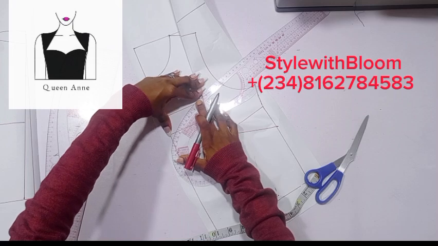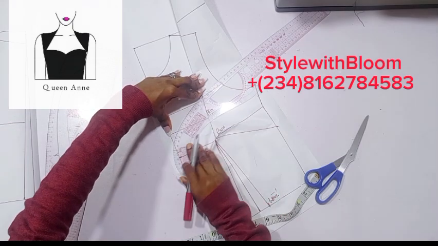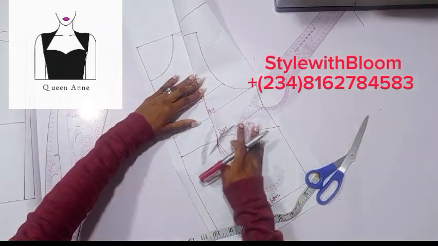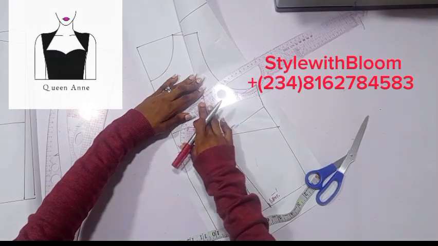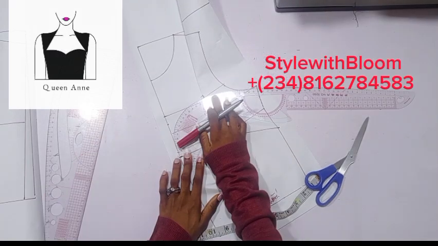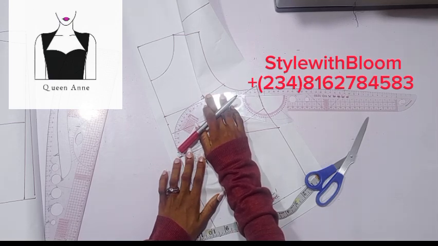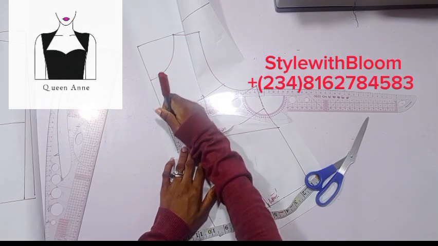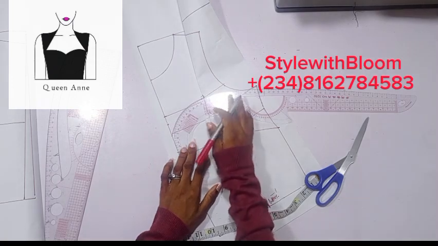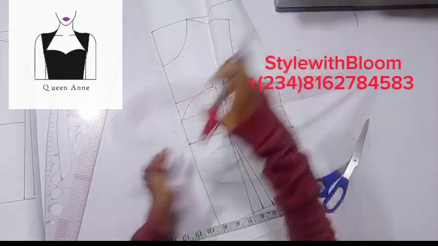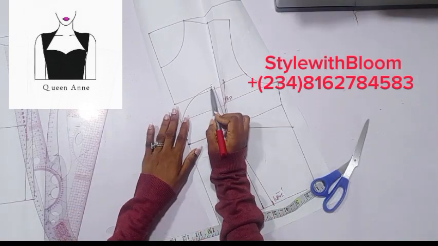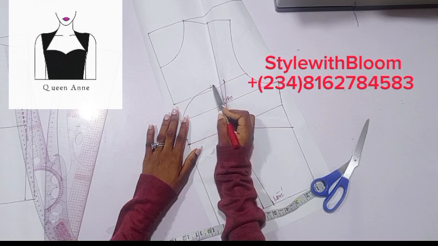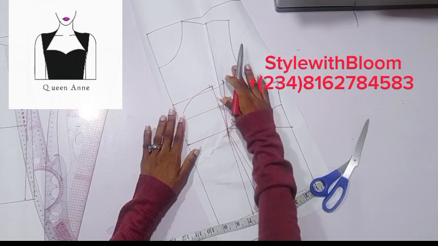So from here you can connect your sweetheart curve into the point where you want it to get to. So for me, I'm going to be connecting this a bit up because I don't want this to expose my bust too much. So you're connecting this back to your dart line,